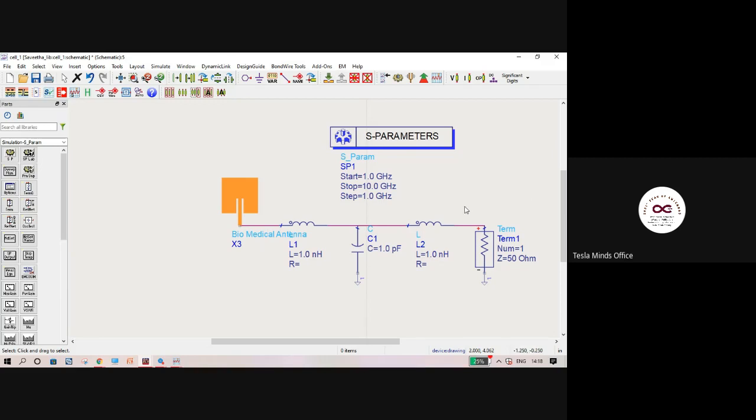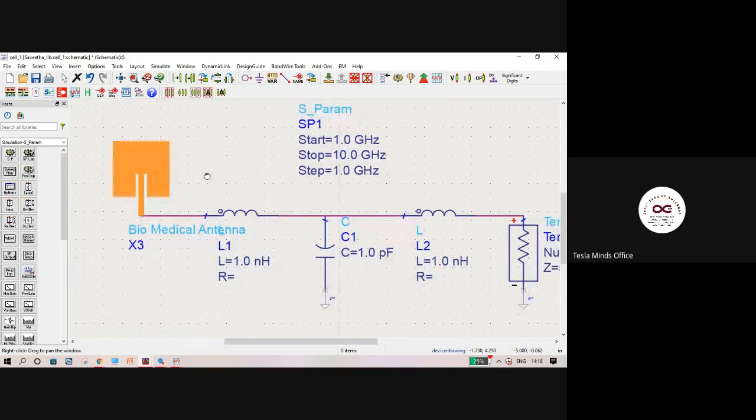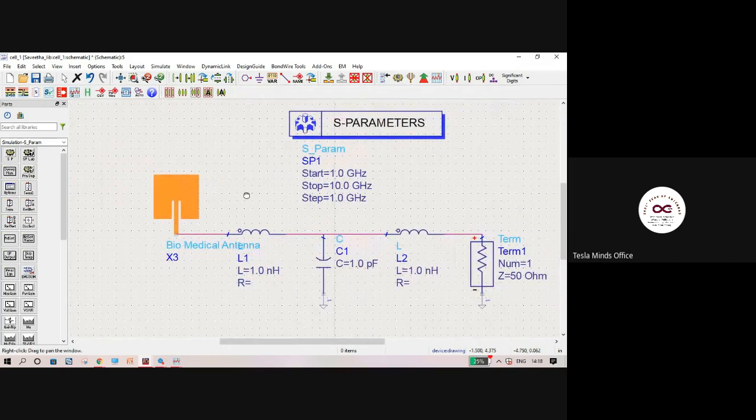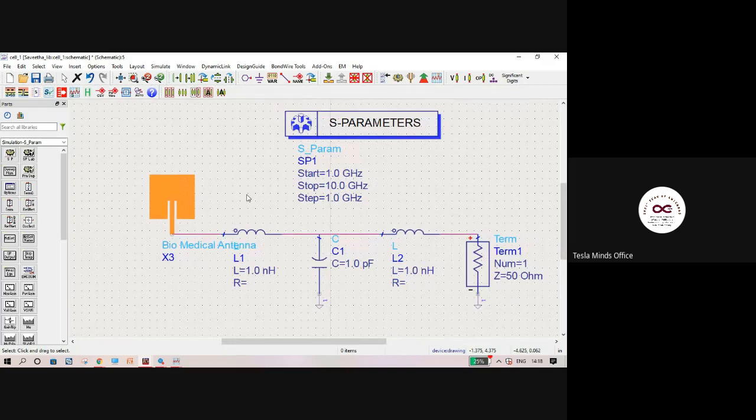I'm just showing you a method of optimizing the performance. If you're designing an RF energy harvesting antenna, and you want to check if you are including this antenna in a real-time transmitter receiver, you can check that using this co-simulation option.